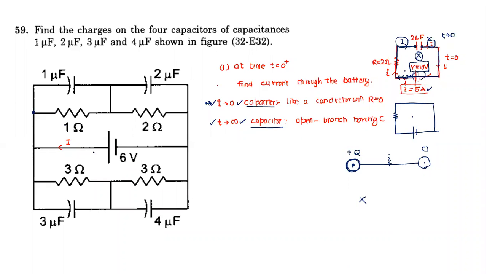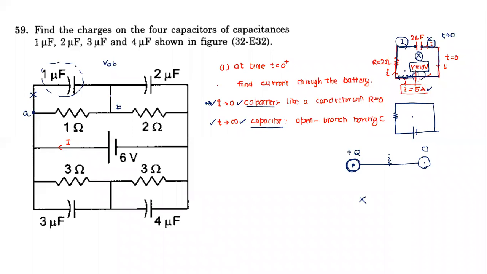Where is Shreya? Can you find the charge on the capacitor? How would you find the charge on the capacitor in the steady state? Tell me the method. We need to find the potential difference across the capacitor. So if this capacitor is connected to points A and B, I need to find VAB. How do I find the potential difference between 2 points in a steady state? What is the important point in steady state? No current will flow in the branch connected to the capacitor.